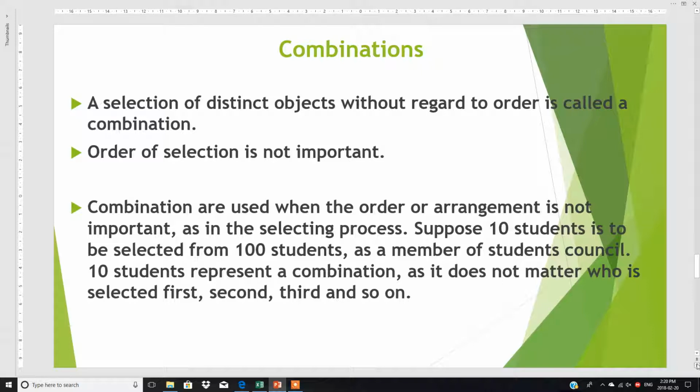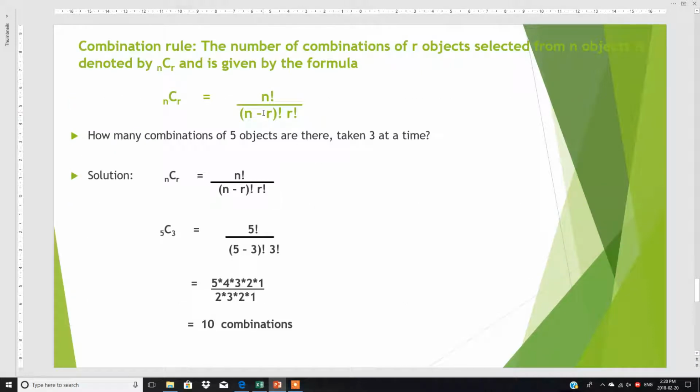So here I will show you with the help of an example what the combination rule is. Combination is the number of combinations of r objects selected from n objects. Suppose we have n objects, n means any number of objects, say 5, 6, 7, 8, whatever, and you have to pick r. r means you have to pick 3 or 2, whatever the required number is. So this is the general formula, nCr. n represents the total number of objects, r is how many you want, so it is equal to n factorial